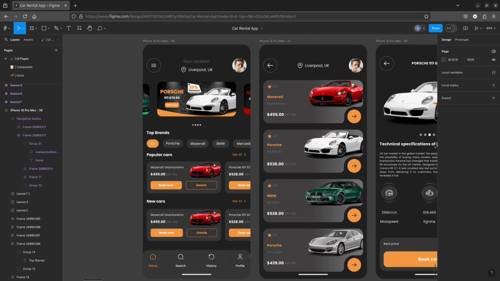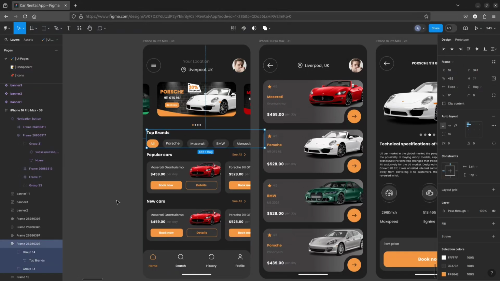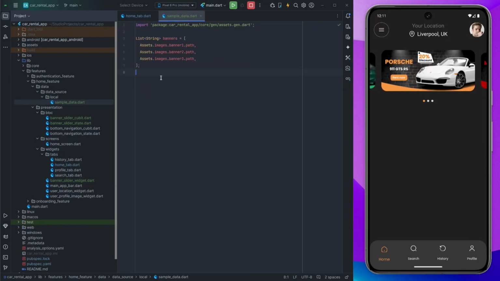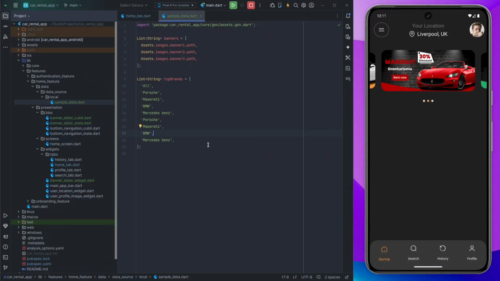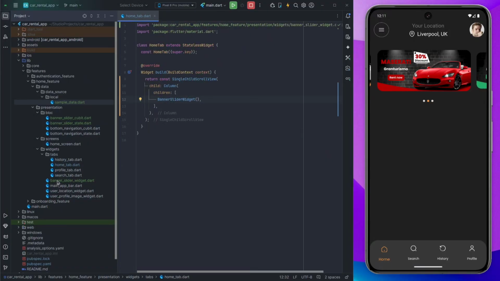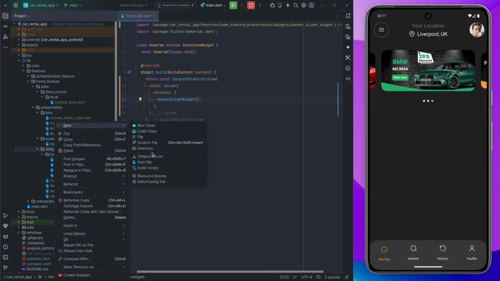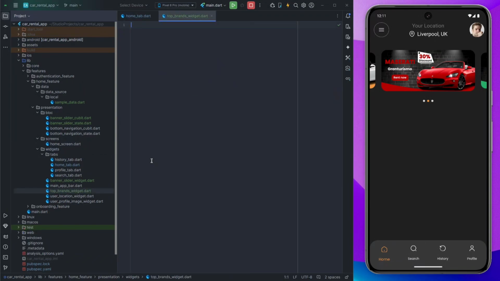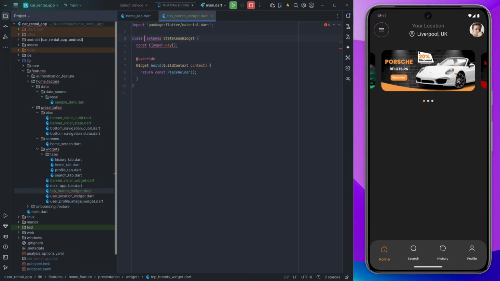Now let's implement the top brand section. I go to the sample data file and add the data I need for the brands. Then I create a new file for the top brands widget. I import the material package and add a stateless class,